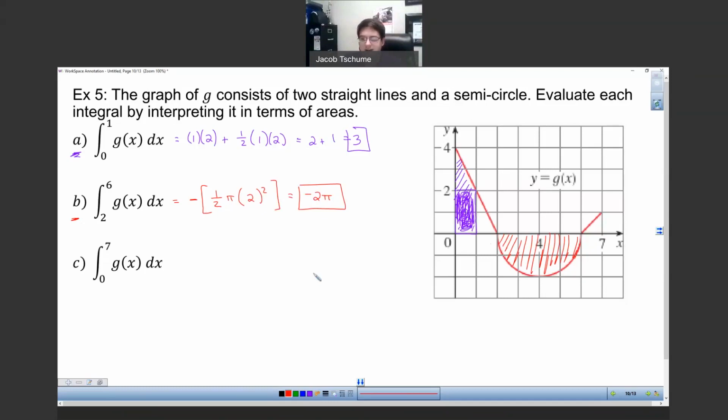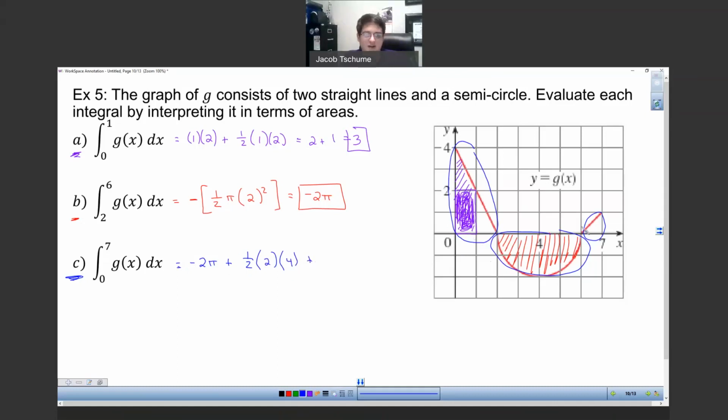All right. And finally, what if you want to find the area of the whole thing? So say that for the end. We'll do this in blue. All right. So in blue here, you want to find all of this area. So you're going to have this triangle, this semicircle, which is negative, and this little bitty triangle that you have to put together. Now, the good news is that we've already found the area of this semicircle. So I can go ahead and call that negative 2 pi. I'm going to add to this the area of this first triangle, which would be 1/2 times base. So the big triangle has a base of 2, and it has a height of 4,